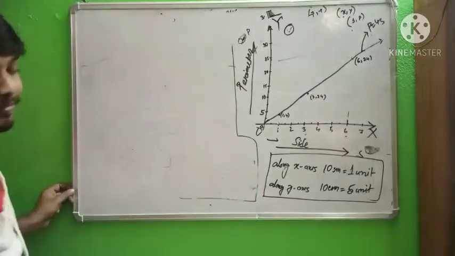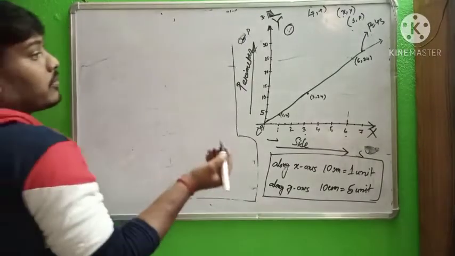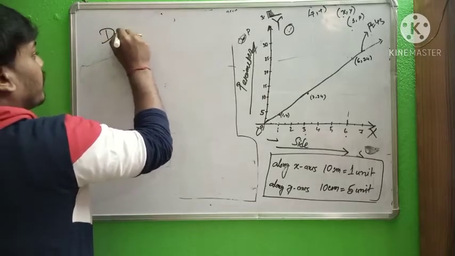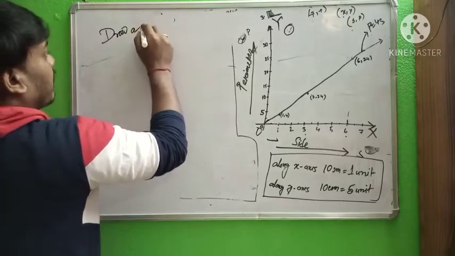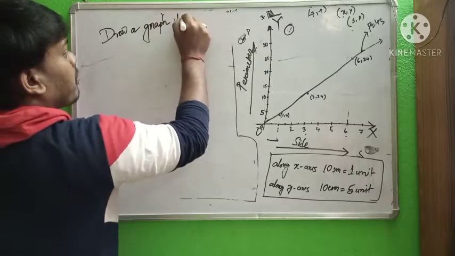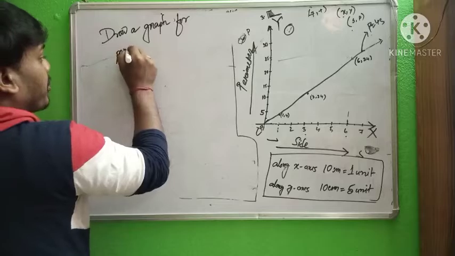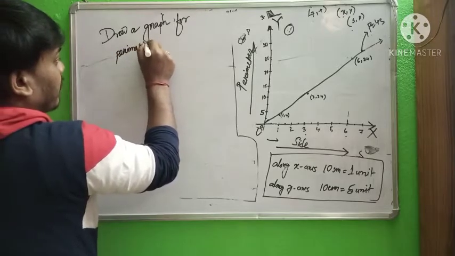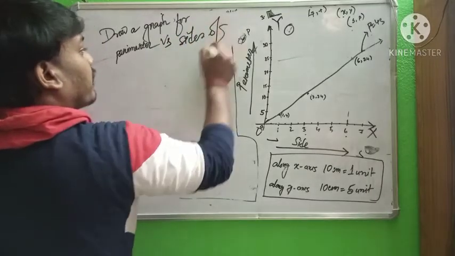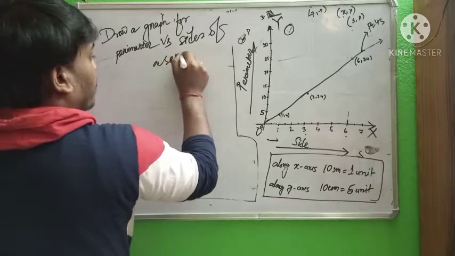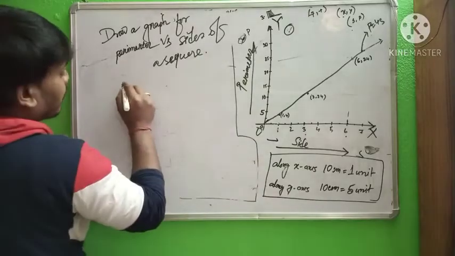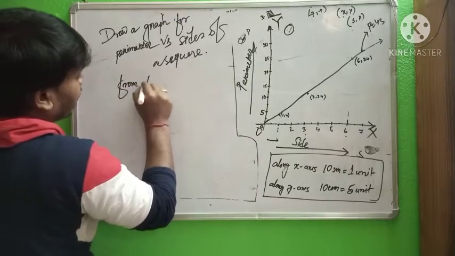Now the question is: draw a graph for perimeter versus side of a square. So the first question is complete. The second question is: from the graph,